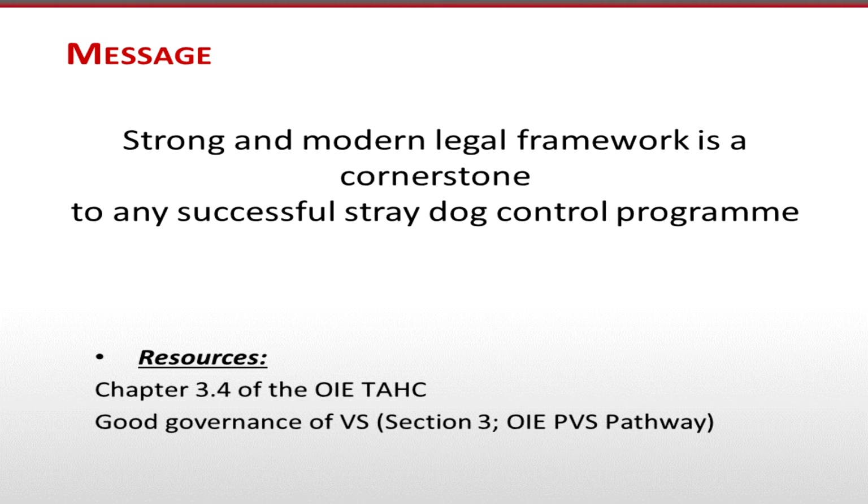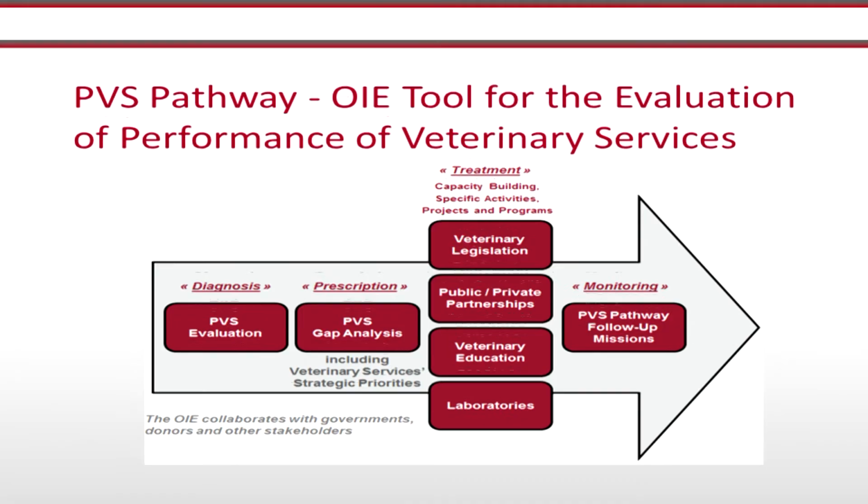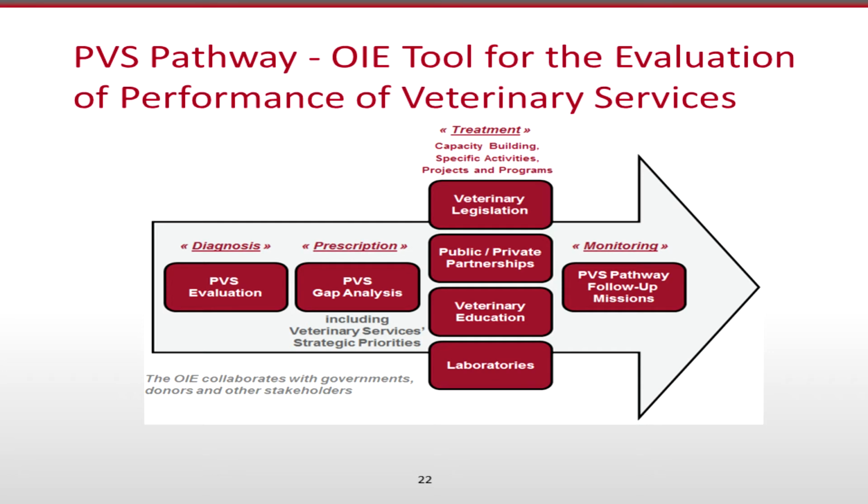The message I'm giving you here is that you need a strong modern legal framework as a cornerstone to a successful stray dog control program. And you can get some of that information from chapter 3.4 of the Terrestrial Code, and you can also get the legislation done